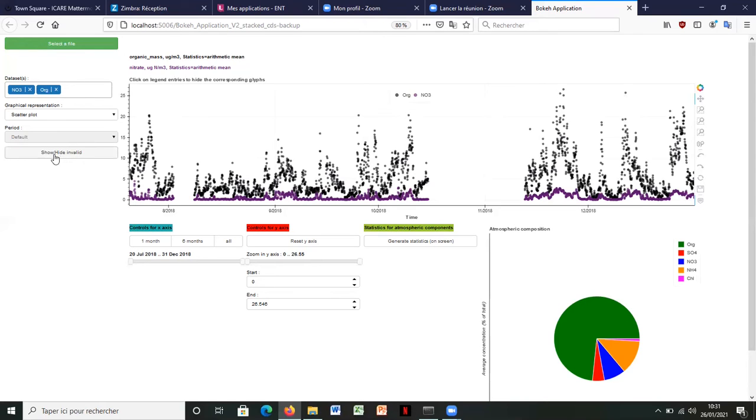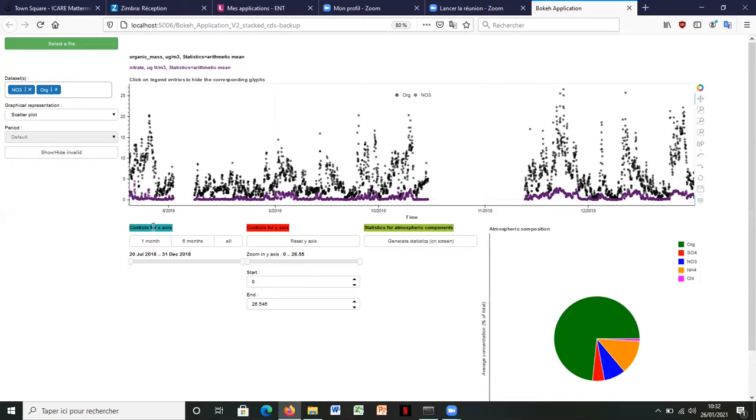An invalid interval is an interval during which data are not kept. The invalid characteristic of data is specified in the file by a flag number. If the data is invalid, this flag is equal to 0. Please note that the invalid data range is the same for all datasets.